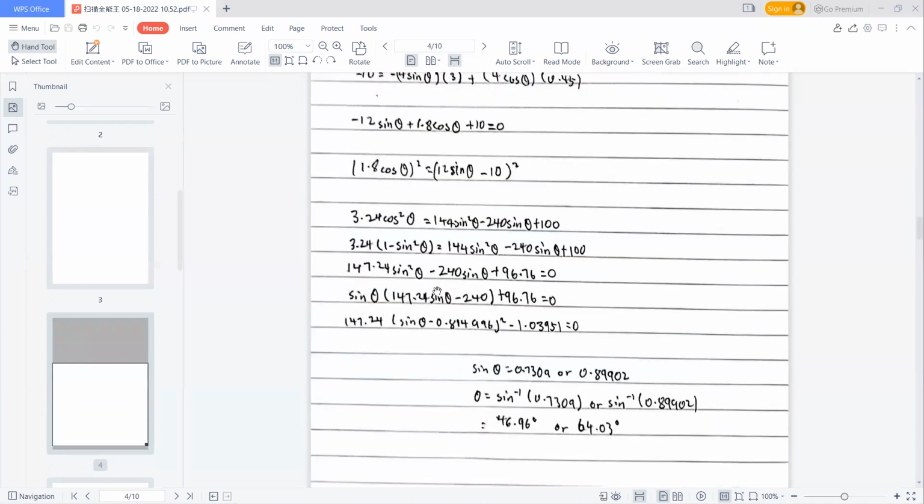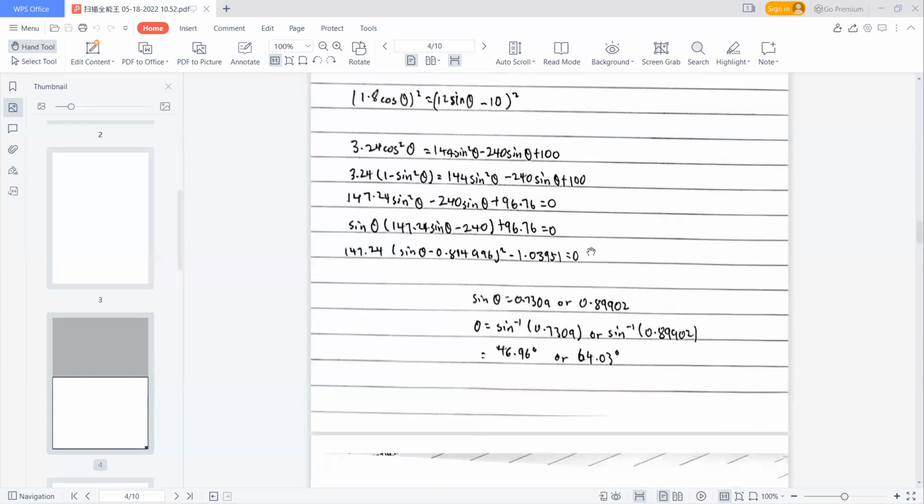So how do we get the angle? Because we need to get the angle of this. So we will use cos square theta equal to 1 minus sine square theta. So we will use the 1.8 cos theta, we square it, and the 12 sine theta minus 10, we also have to square it. So after we square, we will get, and we use the 1 minus sine square theta